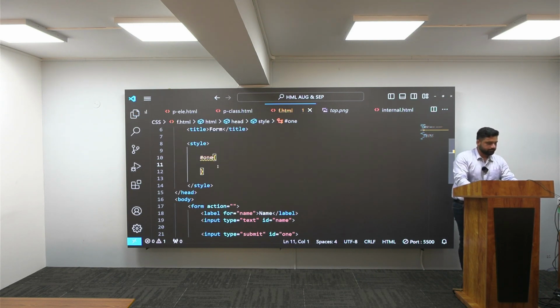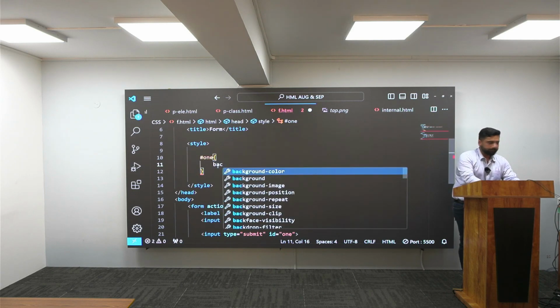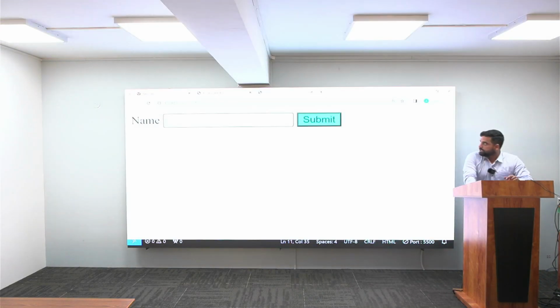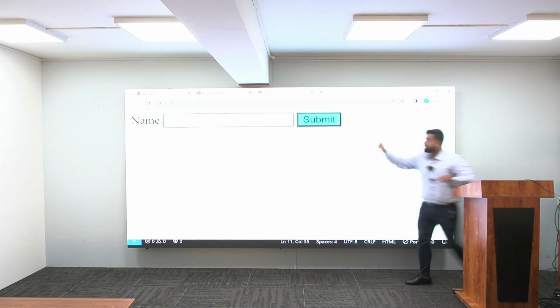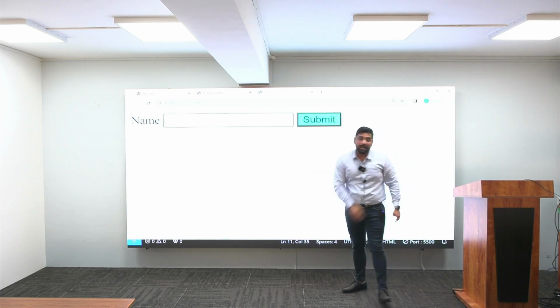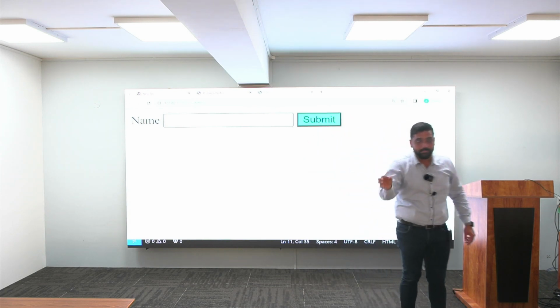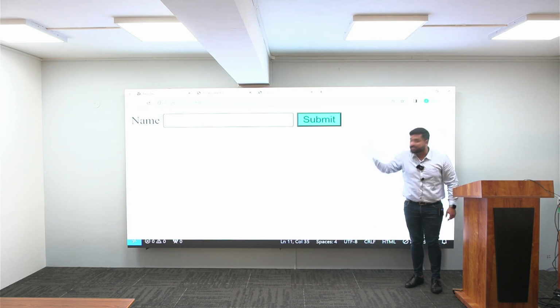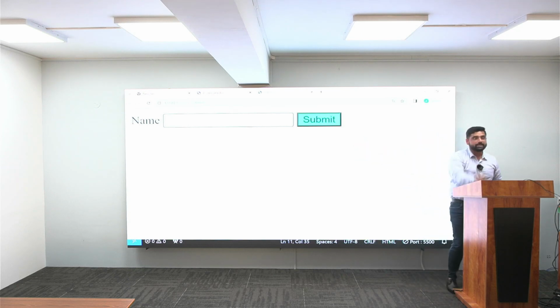Now inside this, please focus, one background color I will be giving. Any color you can give, I will be giving aqua. Now, like this we can give, but it is not giving the hover effect, it is just changing the background color. But I want a hover type of effect, what can we use? We can go for a pseudo class. Understood? After the ID attribute value, we can use one selector, which is the hover selector. Right now it has just changed the background color. It is not giving any kind of hover, but we wanted hover to be given.